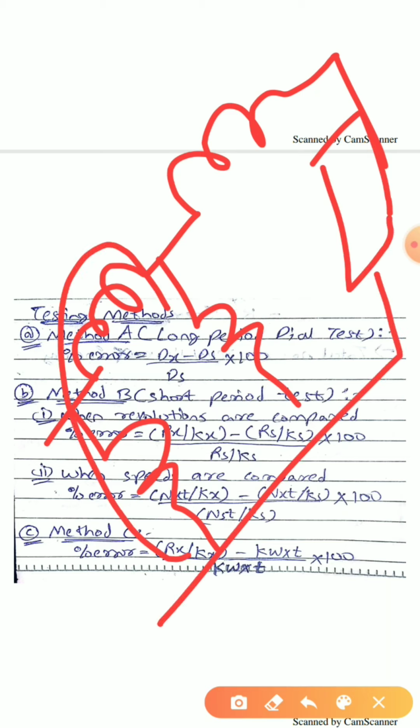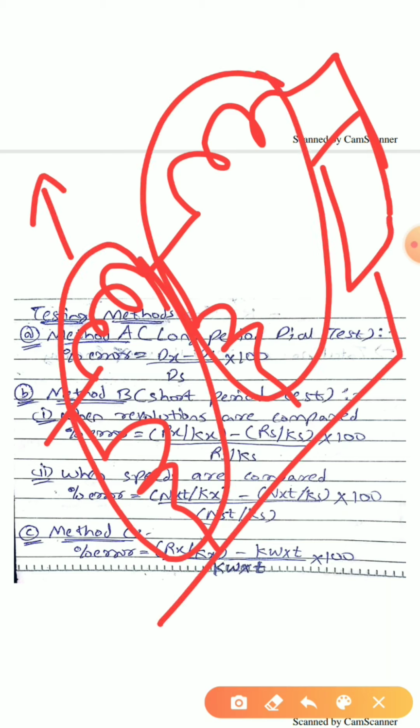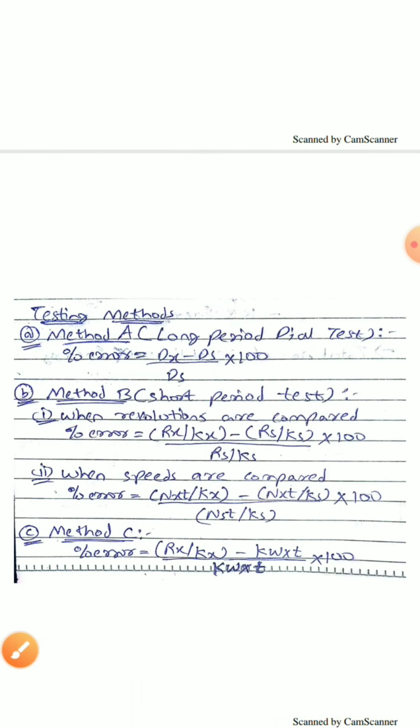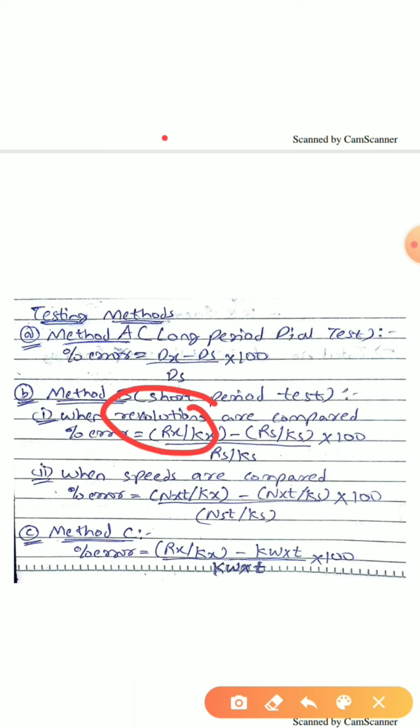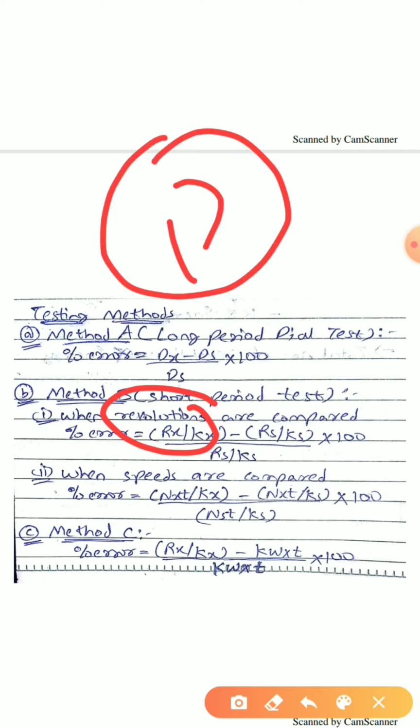For example, this is my test meter and this is my standard meter. It is connected across the supply. So in this manner the connection is given. Here also the start and stop will be done simultaneously, and as these tests are carried out only for short periods of time, they are called short period tests. Now when I am going for the short period test, there can be two conditions. I will either count the revolutions of the meters, that is the aluminum disc, how many revolutions it is making.